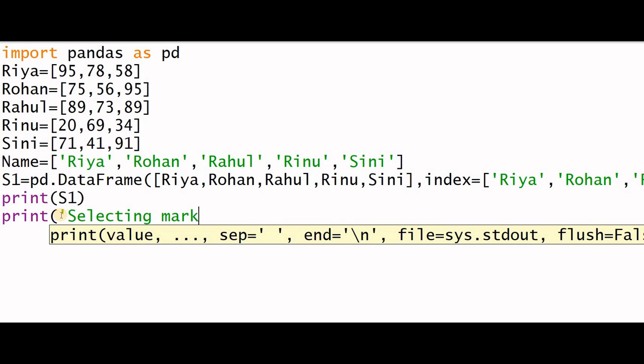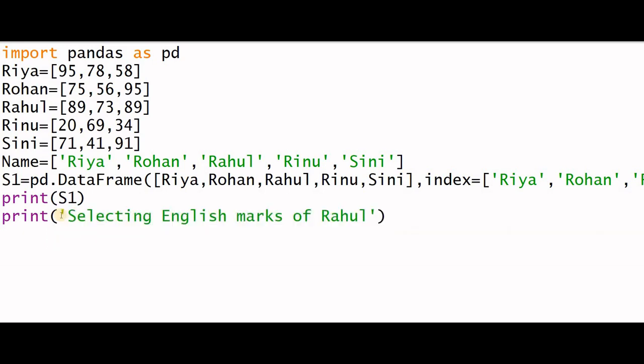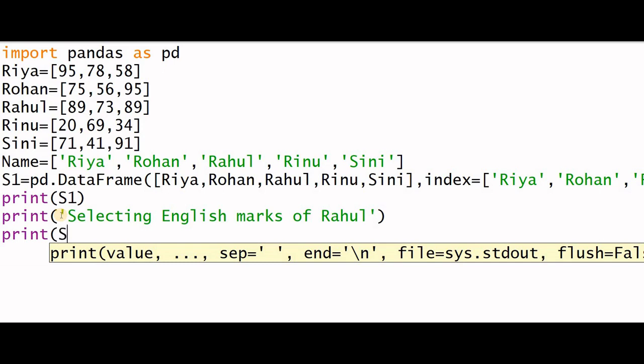Selecting English marks of Rahul. Print in brackets the data frame name, that is S1 dot LOC, and in square brackets the row label name is Rahul, comma, column label, that is English, in single quotes.